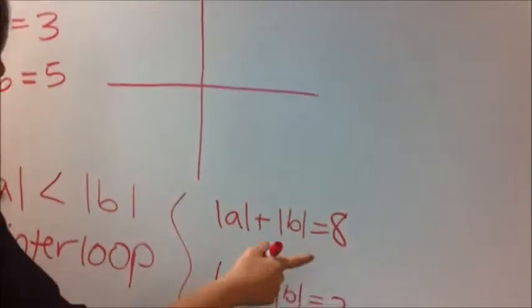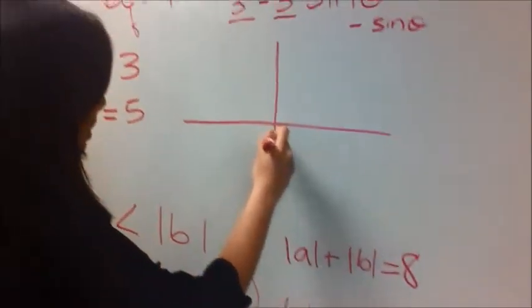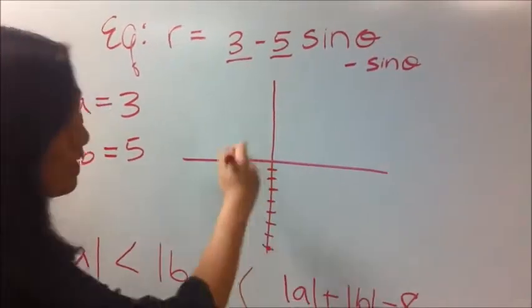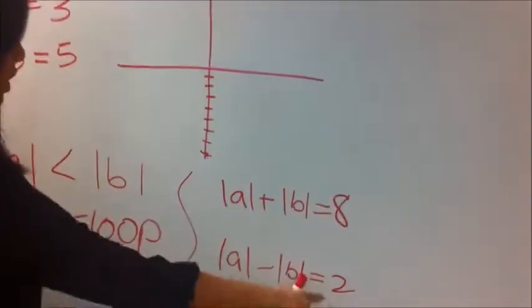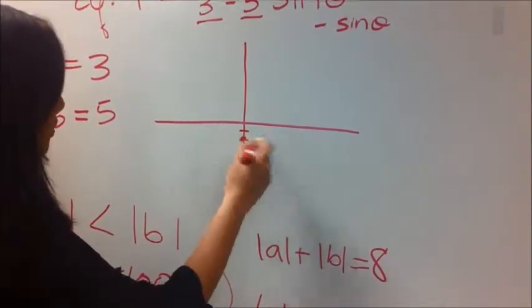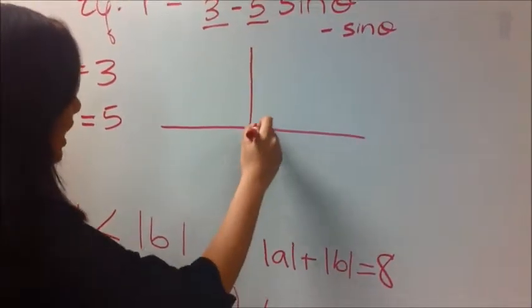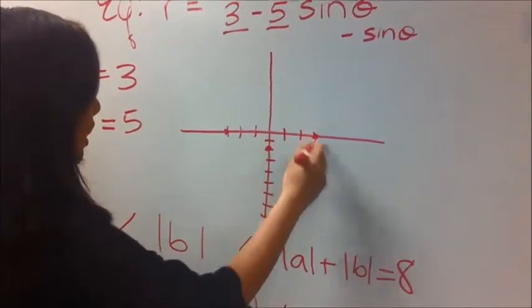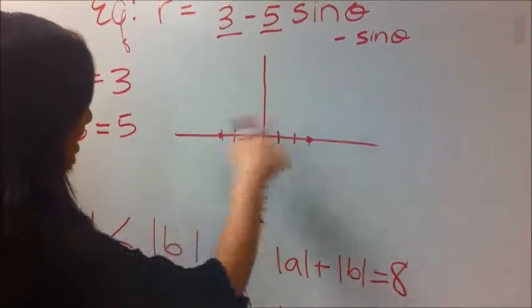So then 8 is going to be this long side. And 2 is going to be the loop inside the inner loop. So it's going to be 1, 2. And a on the opposite axis is 1, 2, 3, and 1, 2, 3. And since this negative sign is down here, so